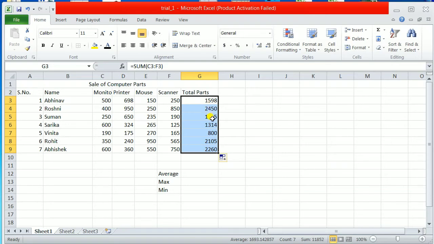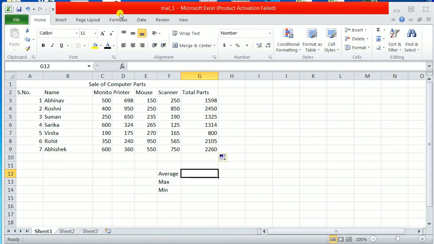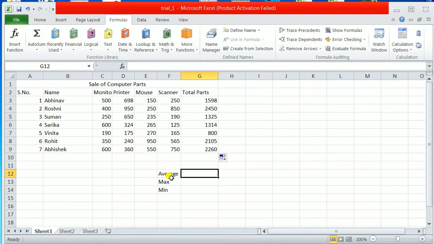Next thing you want to find is the average. How to find the average? Use a formula, use a function. Instead of writing the formula, you can use a function. Again select, make the cell active where you want the result. I have done it. Go to the Formulas tab. Now average is a statistical function, and these are the headings, the types of functions you have here.